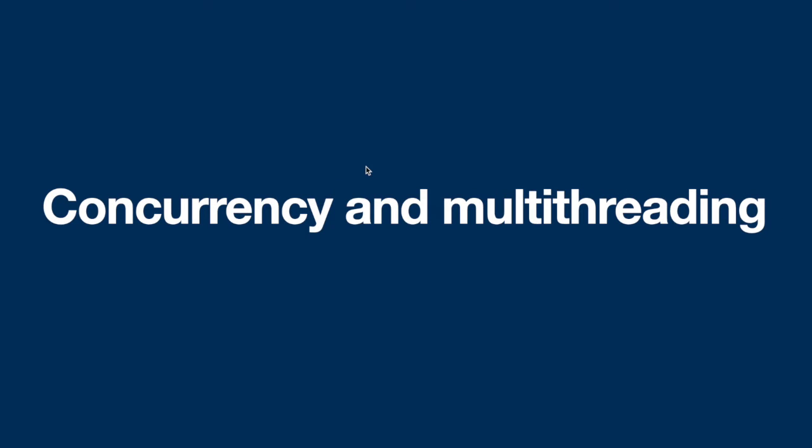Concurrency and multi-threading in Java is one of the core concepts in implementing the Java programming language in Java coding. And before we discuss multi-threading, what is a thread? We have to discuss what a thread is. A thread is a control of execution, a control of execution of code executing a specific task,